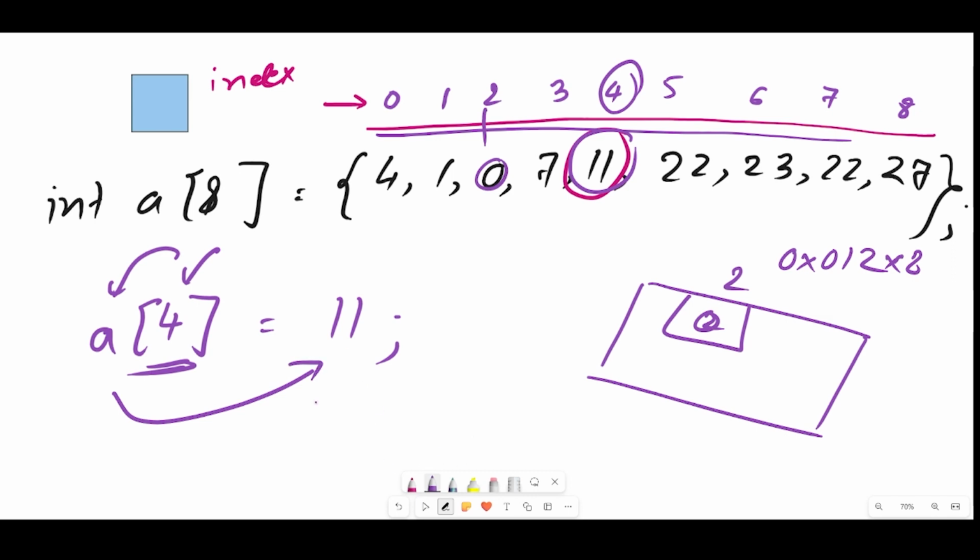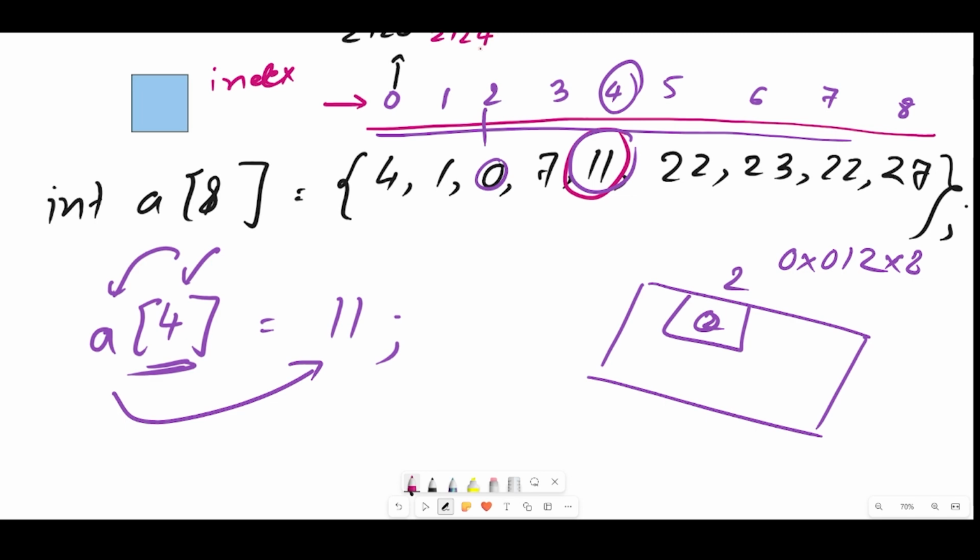Now suppose I have this particular array, and here I have, let's say, the actual address. Now over here, if we consider the very first address, I'm taking here 2120. Let's take this as the very first address for this particular index. Any idea what will be the next address? We will write here